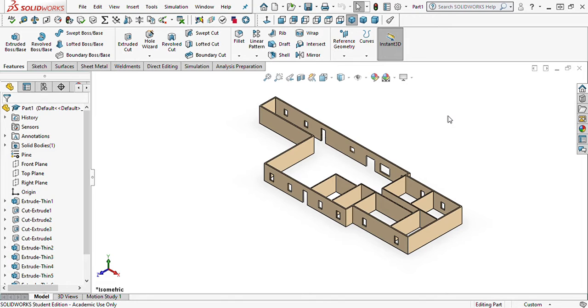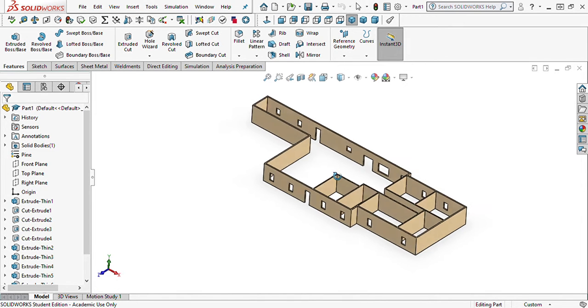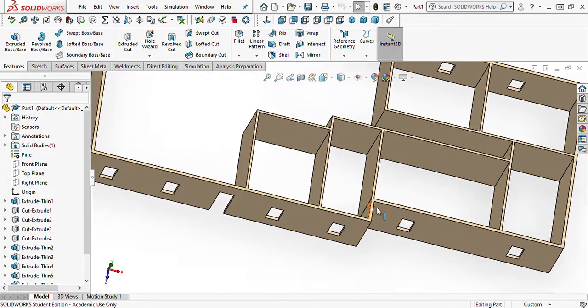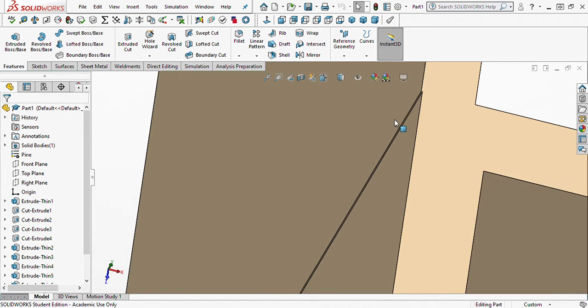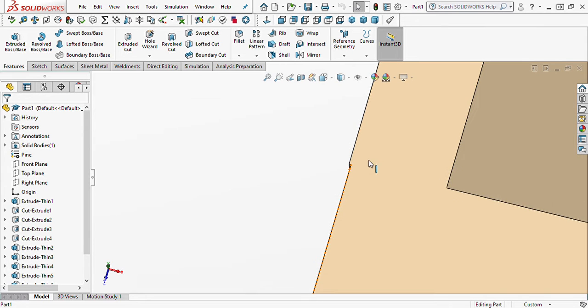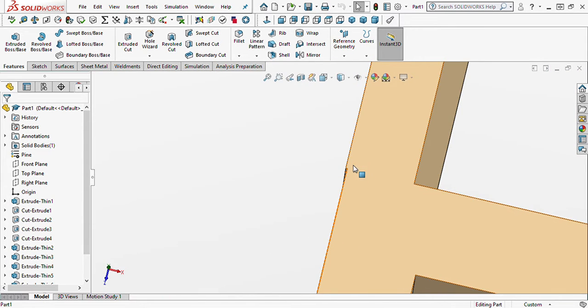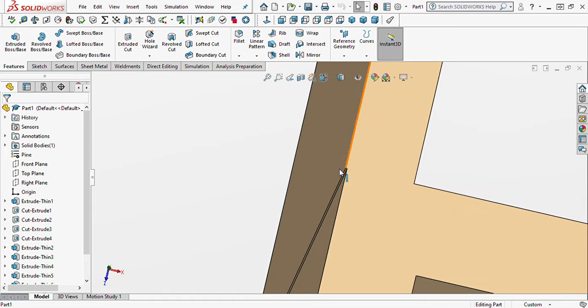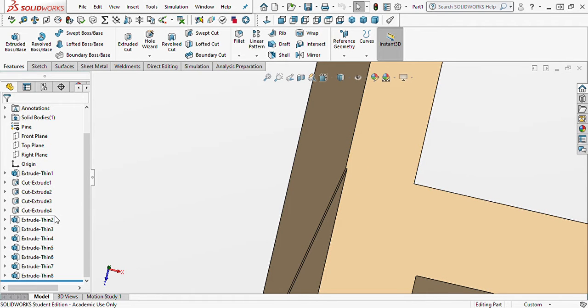Alright everybody, welcome back. This video, we're not going to add anything new, we're just going to correct all the things that I have wrong in this. First and foremost, if you remember my last video, I had this little line right here. When I measured it, I noticed it was 0.1 inches, which is a default measurement. And the line for the sketch is located properly, so what I had to do here,